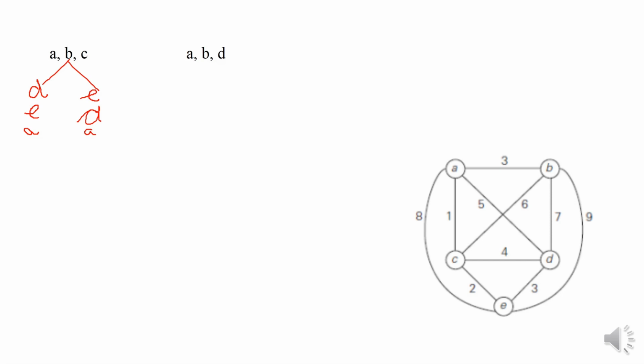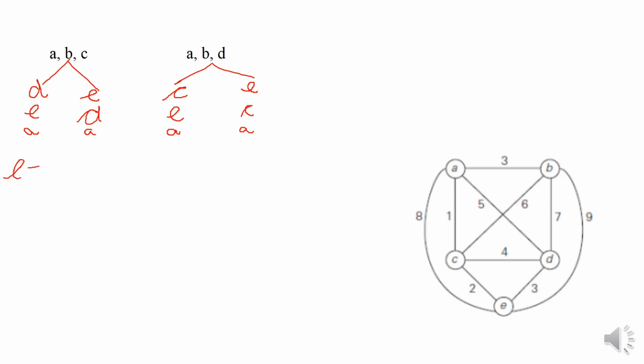Similarly, in the case of ABD, either we can visit the vertex C or the vertex E. So if you visit the vertex C first, then of course the last vertex to be visited is E. And if you visit the city E first, then the leftover one is the city C. And this also ends with the vertex A. Now, with this A, B, C, D and E, we have completed the tour. So after this, let us calculate. It is the complete tour. So length of the tour, which is represented as L.